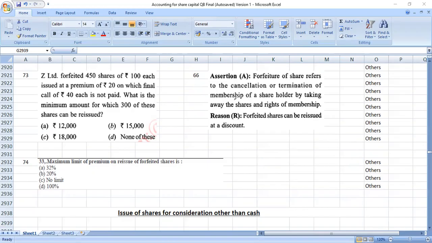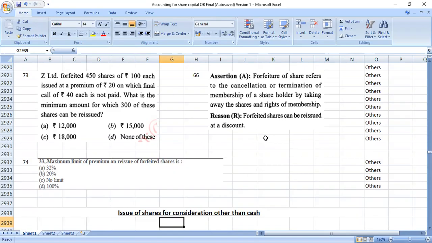Yeah, 74. Maximum limit or no limit? எவ்வளோ டிஸ்கவுண்ட் இருக்கும் அவ்வளோ கொடுக்கலாம். எவ்வளோ கெயின் ஆன் forfeiture இருக்கோ அவ்வளோ டிஸ்கவுண்ட் கொடுக்கலாம். Okay, 74. All right, children, with this we have come to the end of the big topic that we